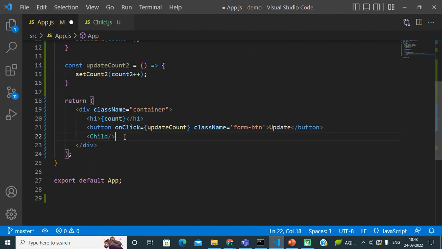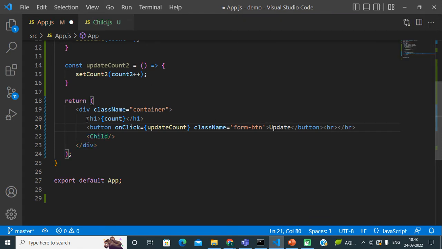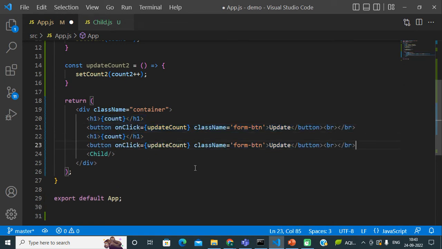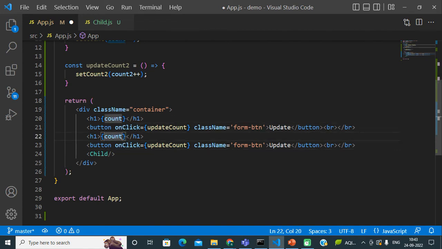So basically my JSX will be something like that. I'm just changing my JSX as well: here count and here count2, here updateCount2, and just change update 2.